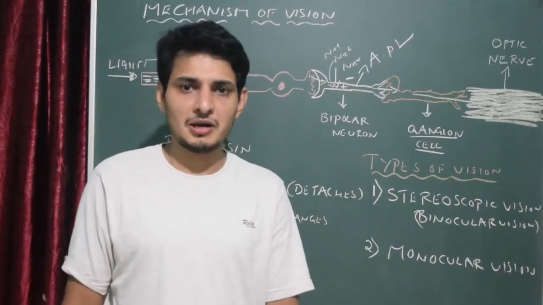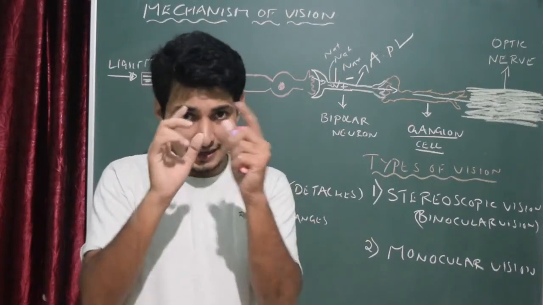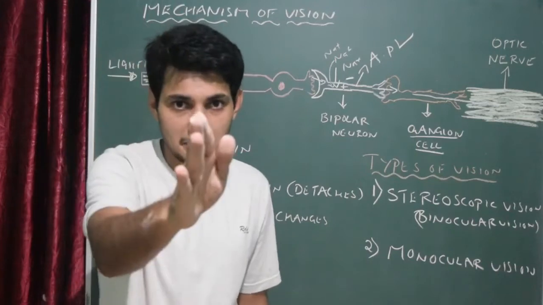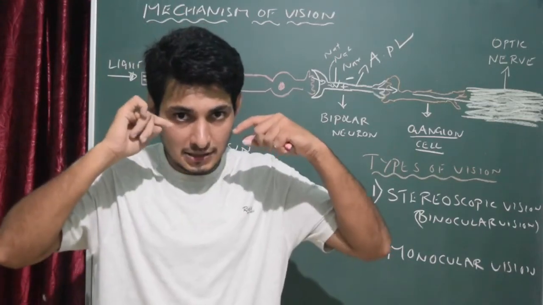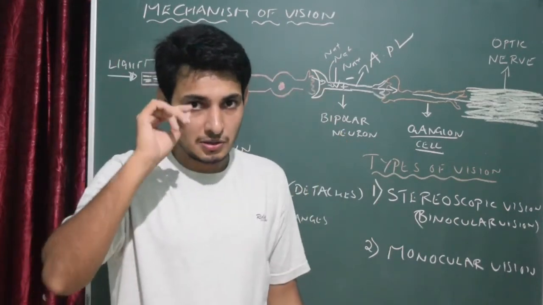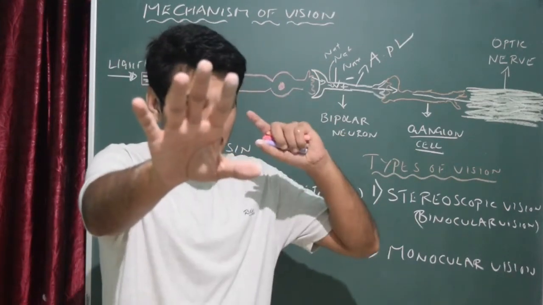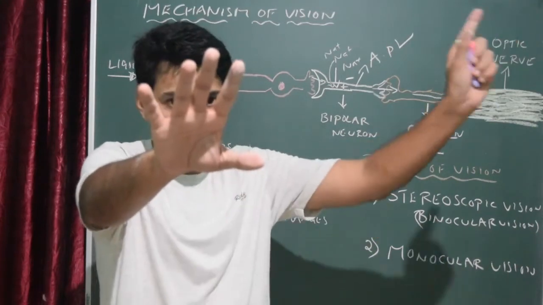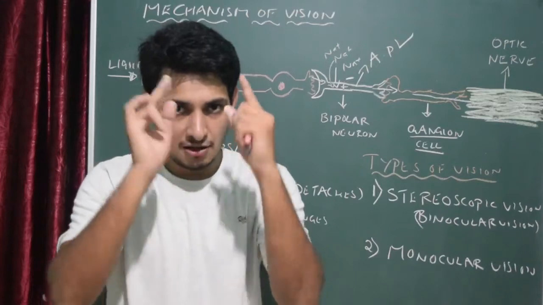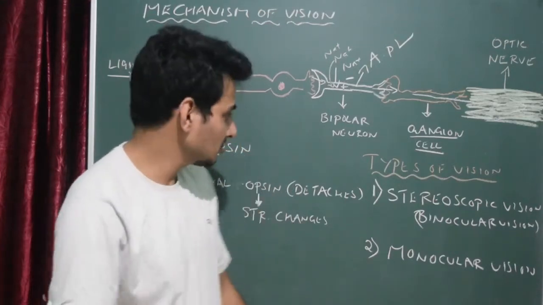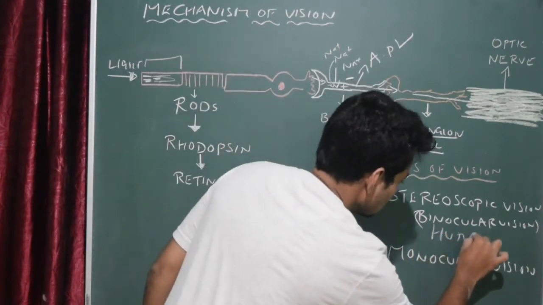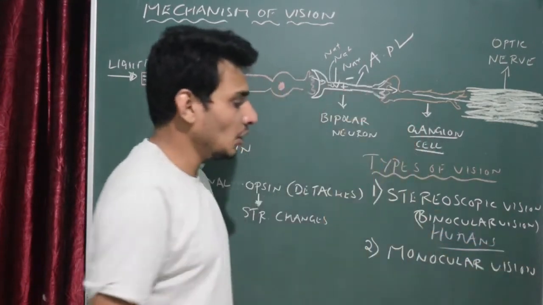In front of me there is a camera. So right now, at this time, I can concentrate only on that particular object, that is the camera, correct? So my two eyes are focusing only on that particular object. So I cannot focus on the camera and at the same time from my left eye focus on another object. Correct? This is not possible for a human being. So this is binocular vision. Two eyes focusing on only one particular object is called stereoscopic vision, seen in human beings. Please write this down: humans. Okay, whereas monocular vision is very simple.